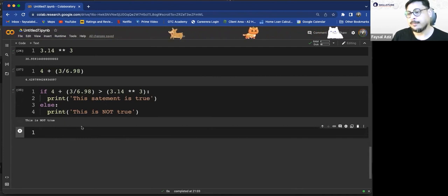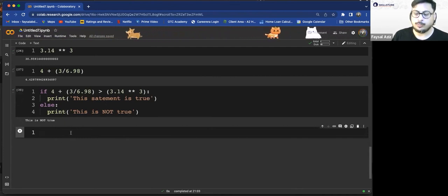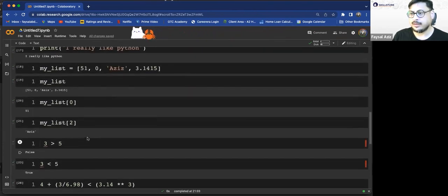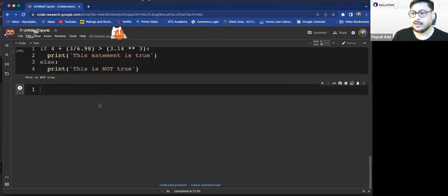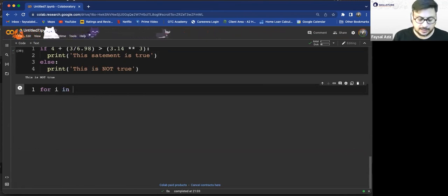There's also something called a loop in Python, where you can use the same condition to iterate, which means to go through a lot of conditions. And the most common one is called for. So let's take this list we have, my list. A for loop will go through this list. So I can write for i in my list.